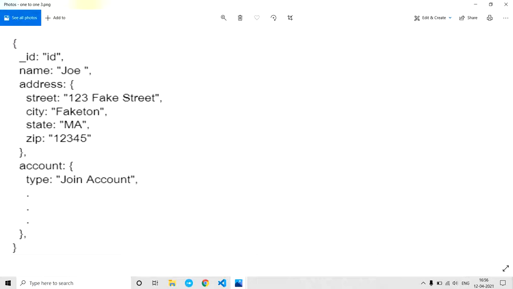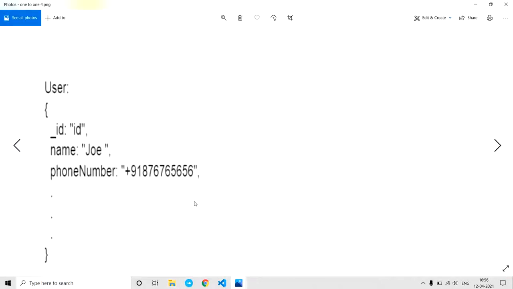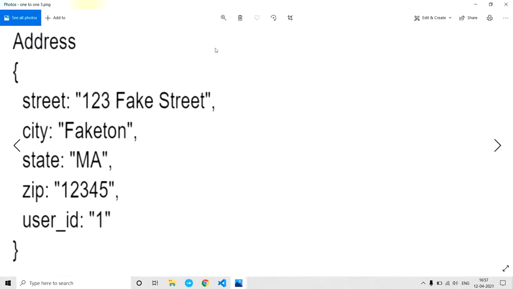So let's separate them into separate collections, so that we have separate collections for account and address. We have a user collection like this, where it will store only basic information related to the user, and we will have a separate collection like address where we store address related information along with the user id.